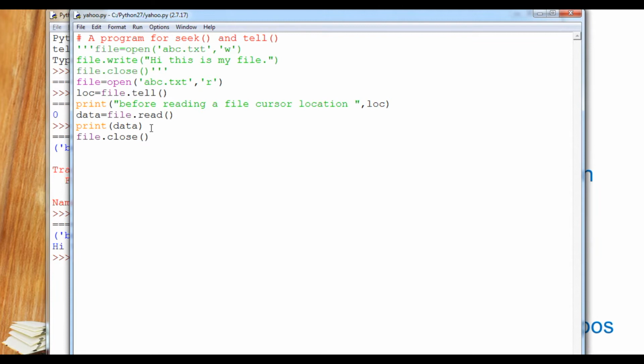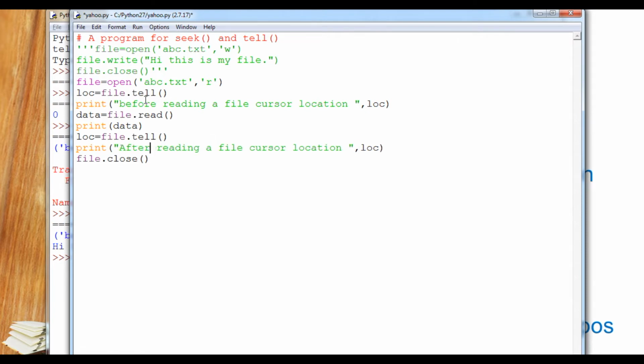And now we are going to check what the location is after that. The same thing I will copy; there is no need to type it again. You can just paste it, and we are going to print the location. So I will change it to after.